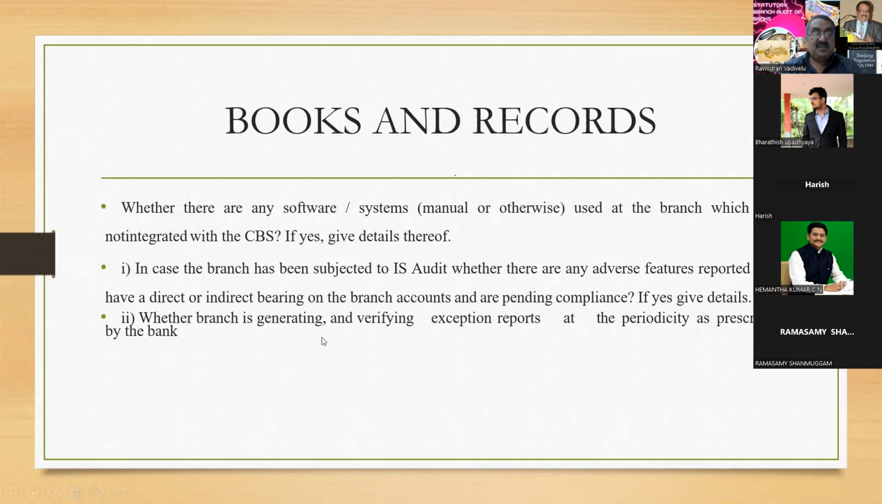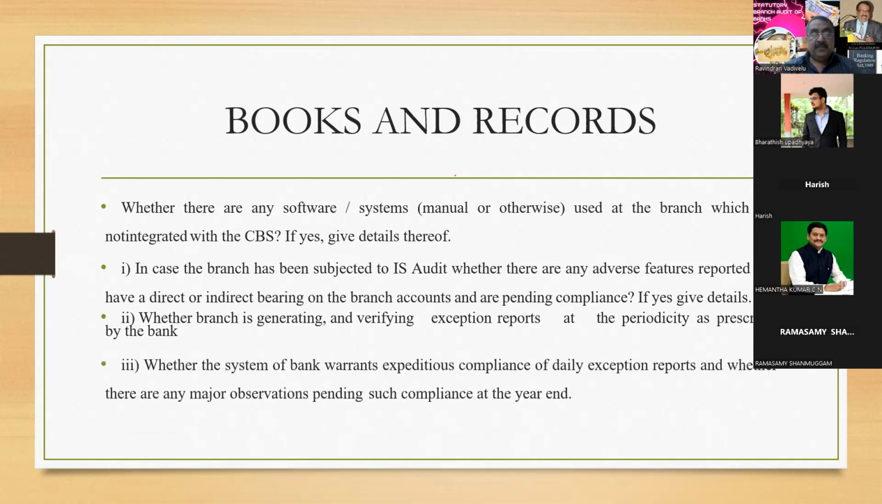Next item is whether the branch is generating and verifying the exception report periodically as per the schedule. See, the bankers prepare the exception report daily, and the manager has to verify those exception reports and put his signature on them. You can see entries that have been passed by mistake, or where somebody has modified the original transaction. Everything comes under the category of exception report, and the exception report has to be approved by the branch manager. And whether the system of the bank warrants expeditious compliance of the daily exception report,